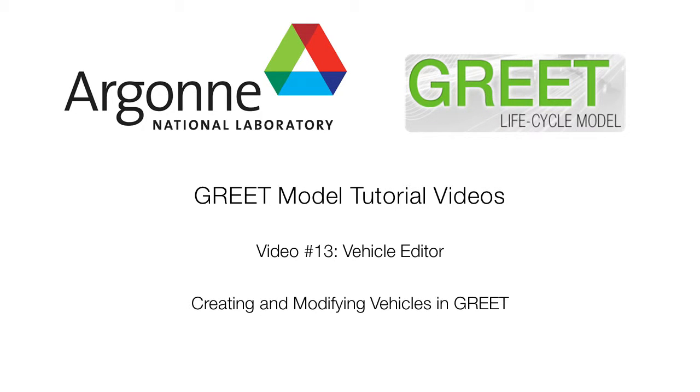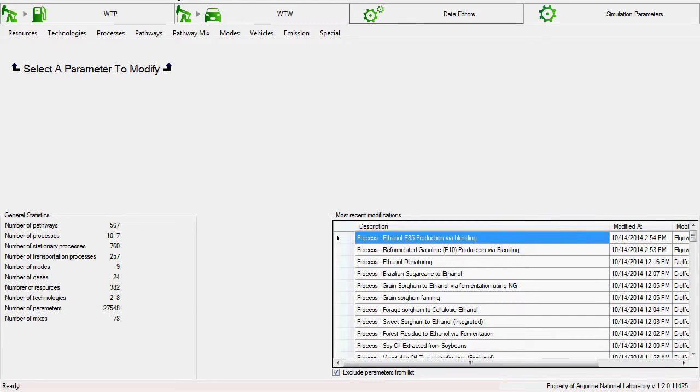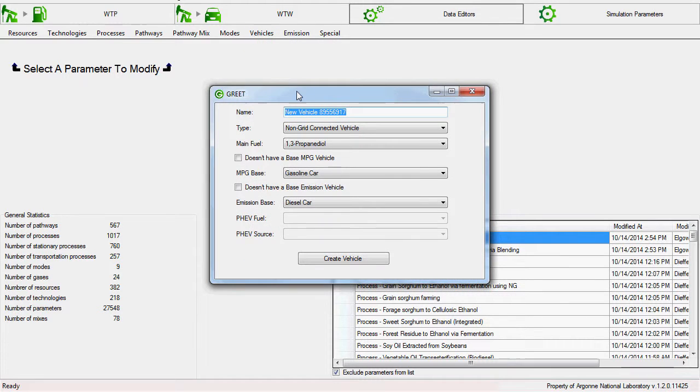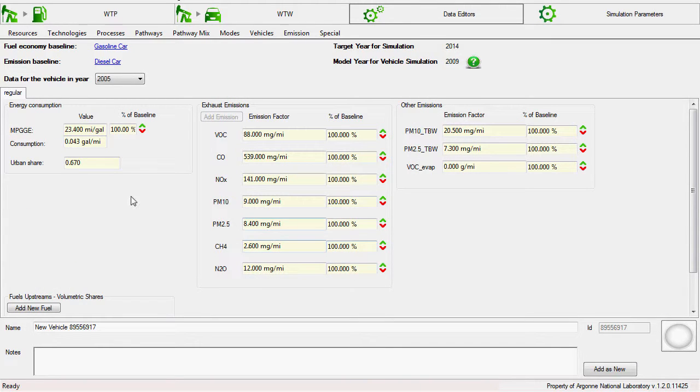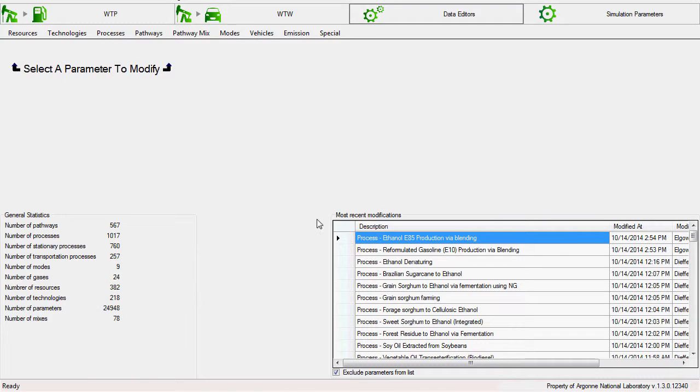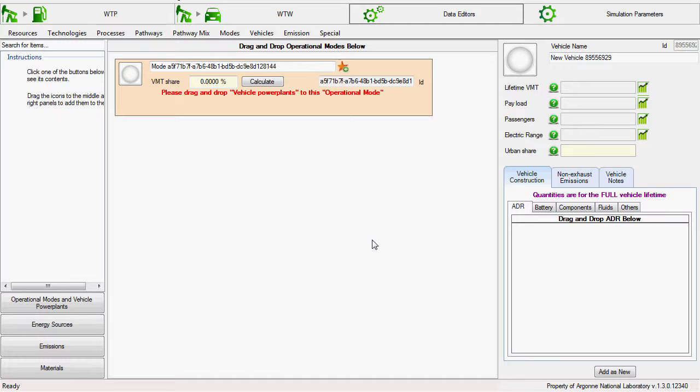One feature of GREET has undergone some significant remodeling for the 2015 version, and that is the vehicle editor. In GREET 2014, the vehicle editor was limited in detail. Users could modify MPG, individual emissions, and upstream fuels, but little else. In GREET 2015, the vehicle editor is organized much like the stationary process editor and provides much more flexibility than in the previous version. Another improvement is the addition of helpful descriptions of features that pop up when the cursor